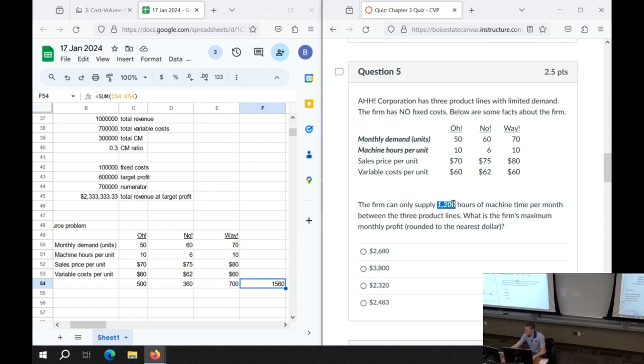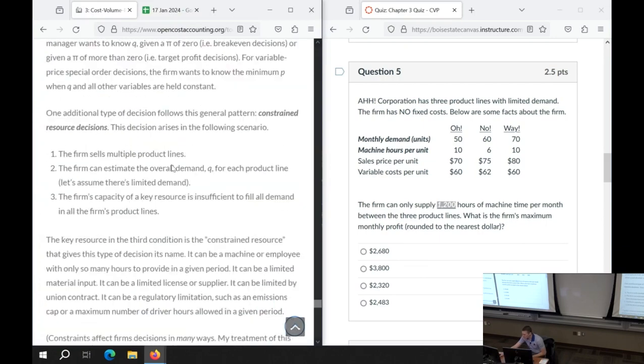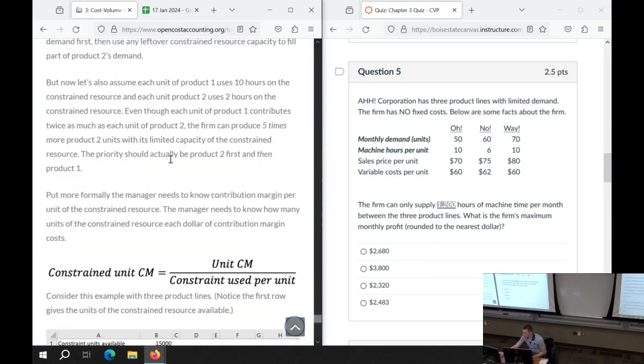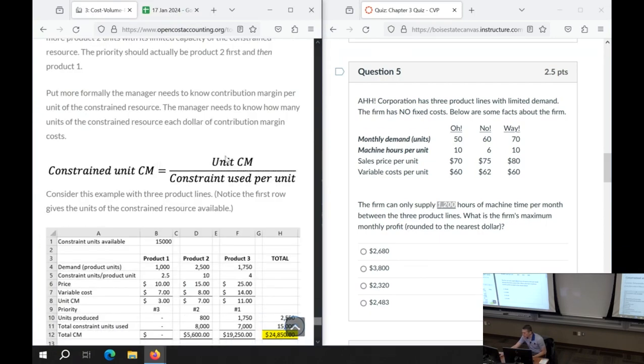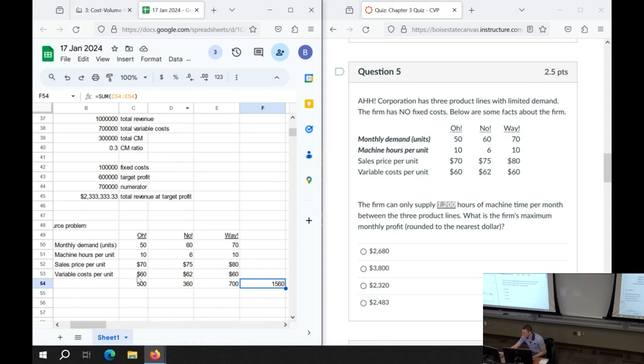We're going to have to prioritize the machine hours. We've got to put the machine on what's going to be most profitable to the firm, what's going to contribute most to the firm. Contribute, key word there. We're going to use contribution margin to do this. Not just contribution margin. We're going to take contribution margin divided by constraint used per unit. That's the key innovation you have to do. So I'm going to get rid of this. That was just to show you that we can't meet all the demand. First of all, we have contribution margin.